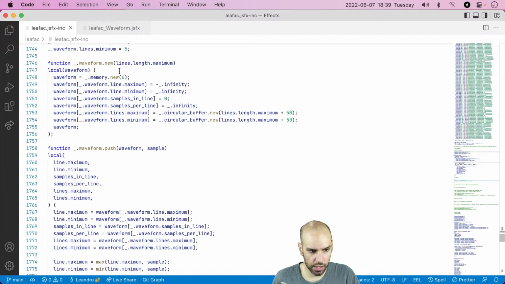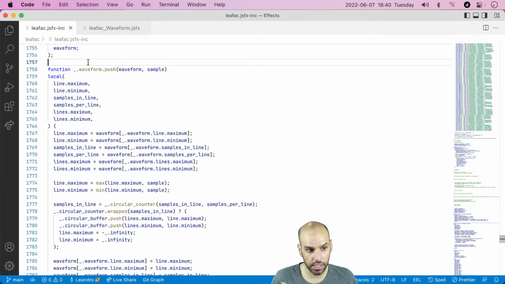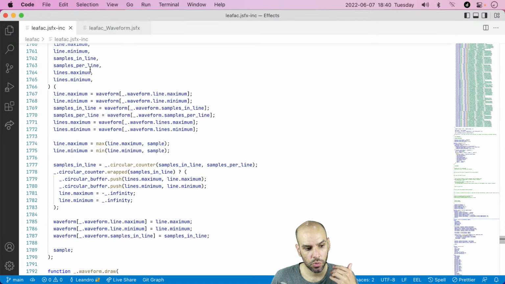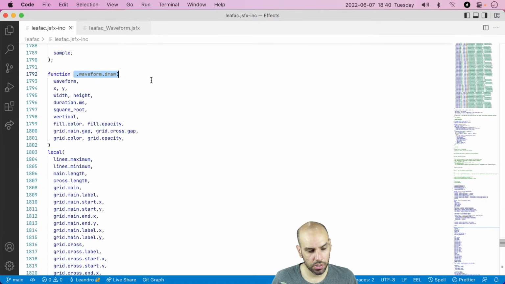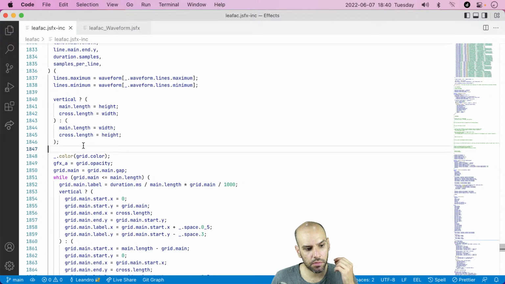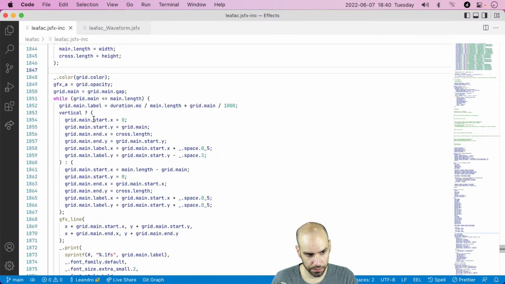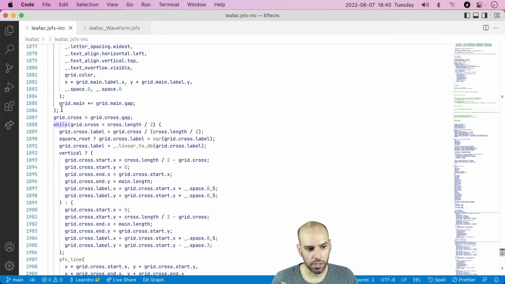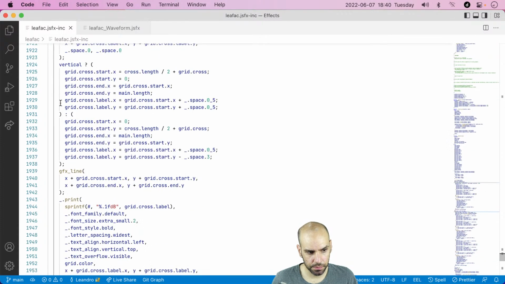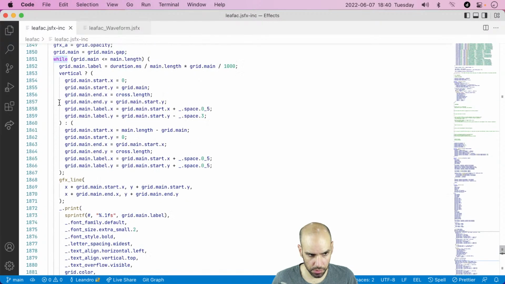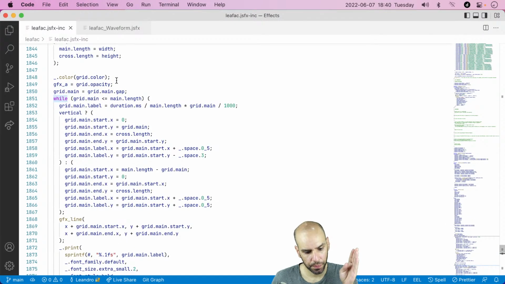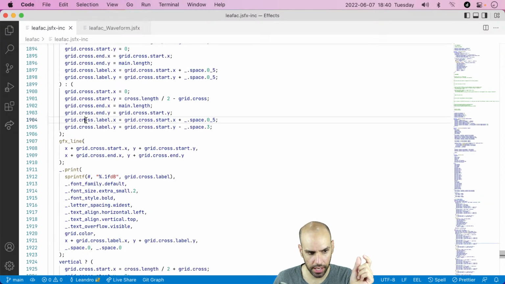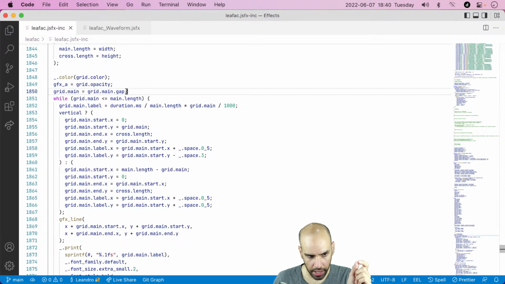So let's find here in the implementation of the waveform component in the library, the place where we draw the grid. It will be under the draw function, and it will be one of the first things in the draw function. It will be this part. And there is a while loop here, a while loop there. The first while loop is to draw the main axis. The second is to draw the cross axis. The main axis,